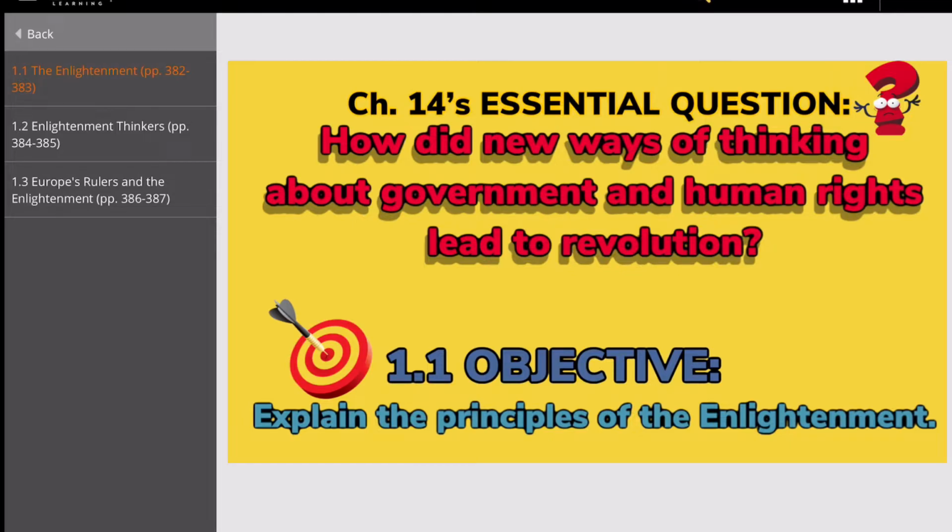In the previous chapter, specifically the lessons about scientific revolution, we talked about a revolution of ideas, how the old ways of thinking were challenged by new ways of thinking, which is generally non-violent. But here, in the Enlightenment and Revolution, the ideas actually led to physical violent revolutions, such as the French Revolution.